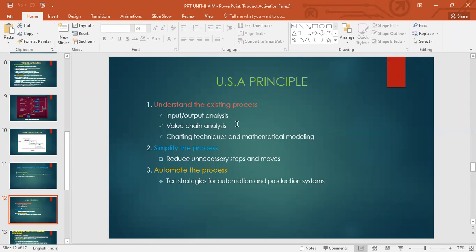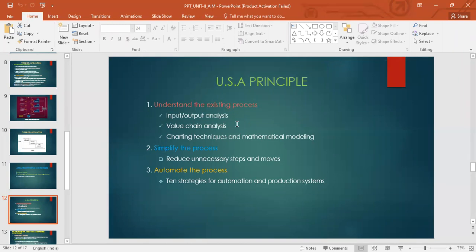Next, value chain analysis. We also want to know whether a particular step is needed. For example, traditionally, 10 steps were required. For each step, you see whether we require that or not. Is it valuable? Do we need that? If it is required, can we omit it? Can we delete that step? Can we combine steps? For example, instead of having 4 steps, you can combine the first and second steps if possible. You check that.